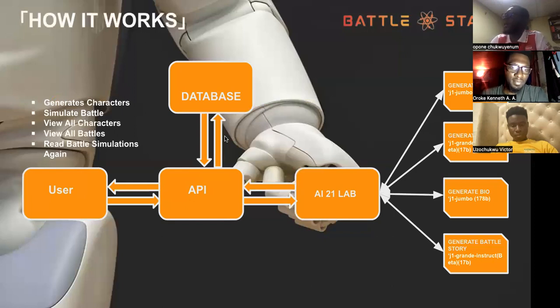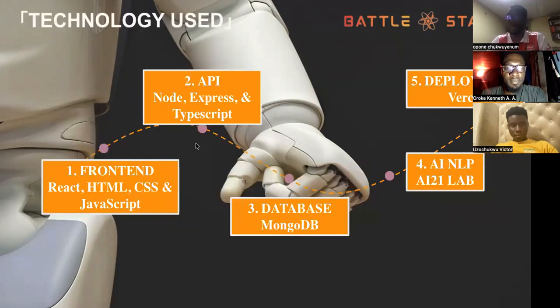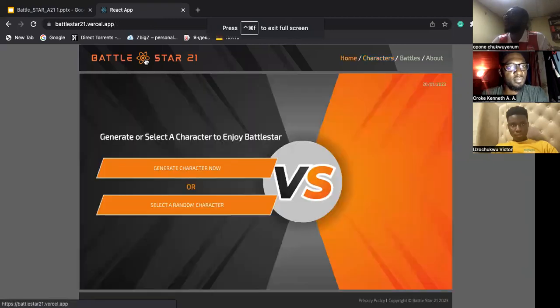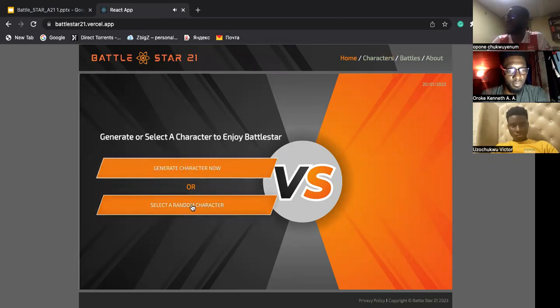So I'm going to be talking about how this application works. This is the architecture of the entire application, and we can see it uses 4 presets from AI21 Labs. So let me go to the application so you can see the flow. So this is BattleStar 21. It's deployed on Vercel. And you can see it says generate a character now, or select a random character from previously